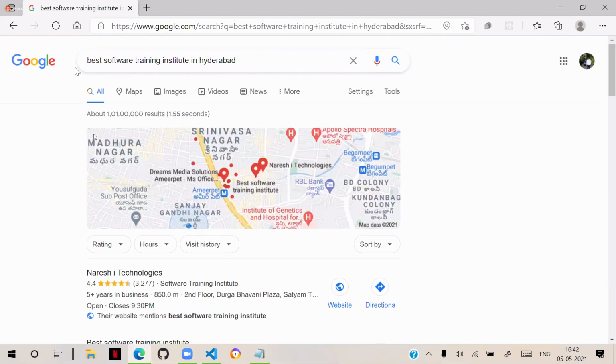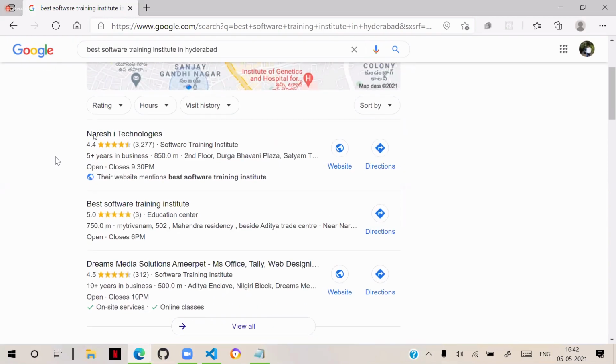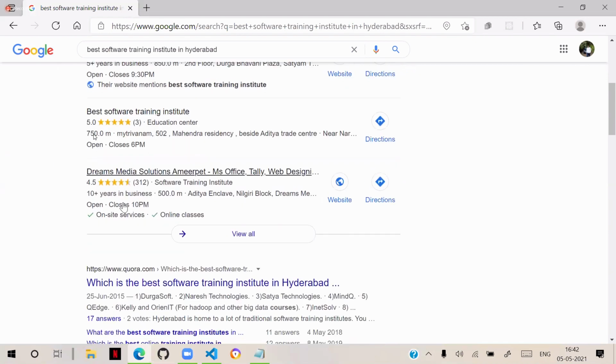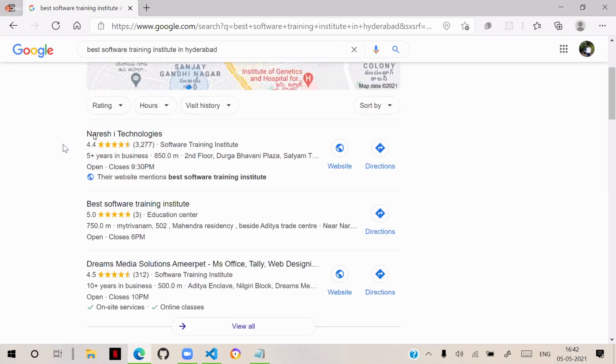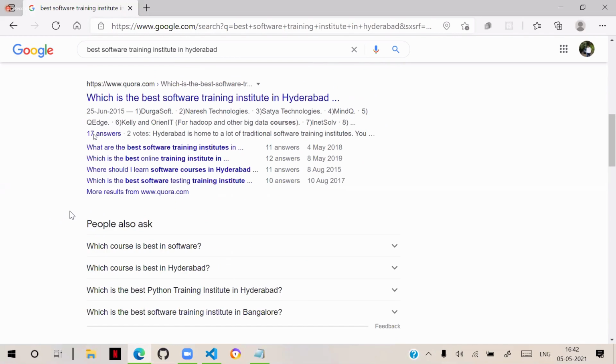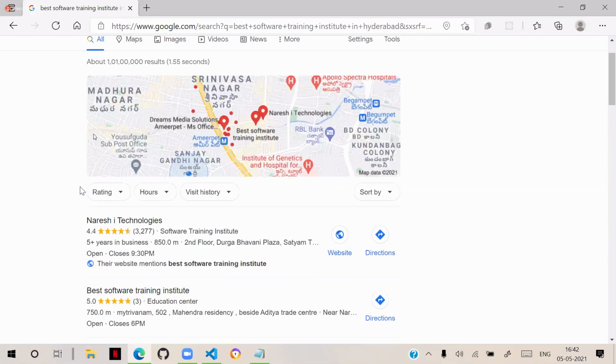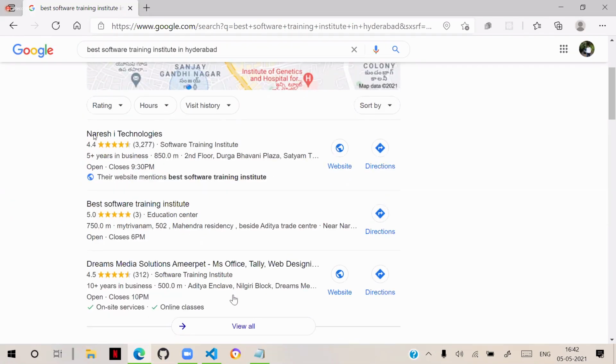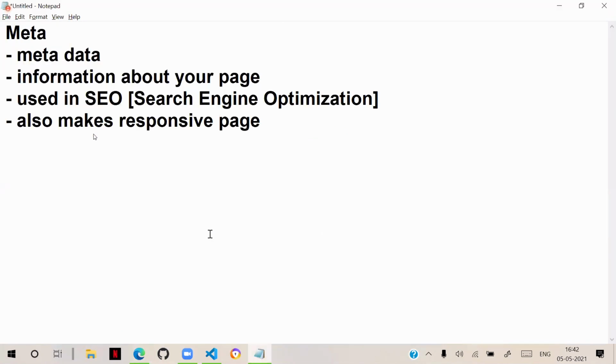So when we search for these words, some results came. Now the question is, why are these people at the top in the search results? If anyone asks that question, then actually 2 points are there.